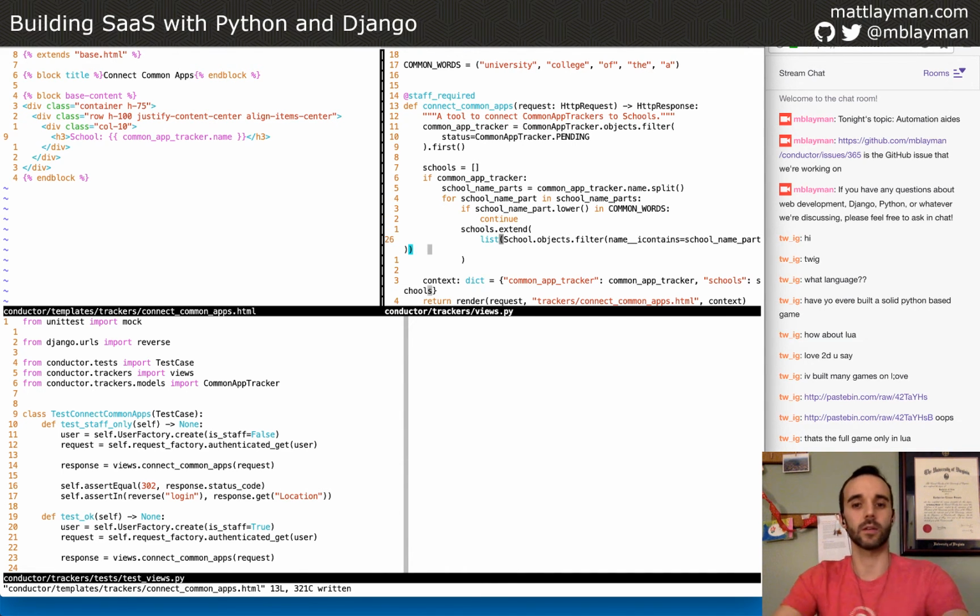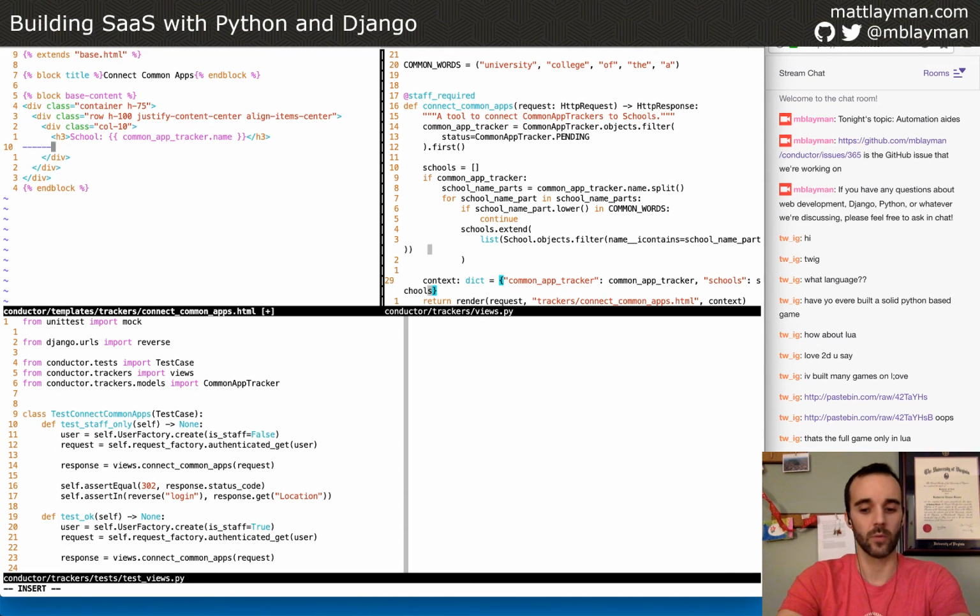You can get a query for SUNY, S-U-N-Y, and you can get a query for Binghamton, and you get the joined results. So I'm actually not deduplicating that, so there might be some schools that get repeated a little bit, but again, this is not something that's meant to be displayed to users, so I don't really care if something shows up more than once. So that gives us the list of schools, and over here in the